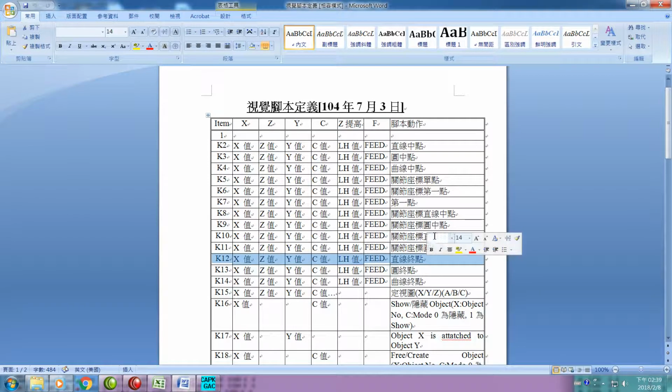Now I try to introduce the arc definition of the Cartesian coordinate. The first point is K7 as well. The second point of the Cartesian coordinate is K3. The last point of the Cartesian arc is K13. Okay, after the definition of the numerical control,